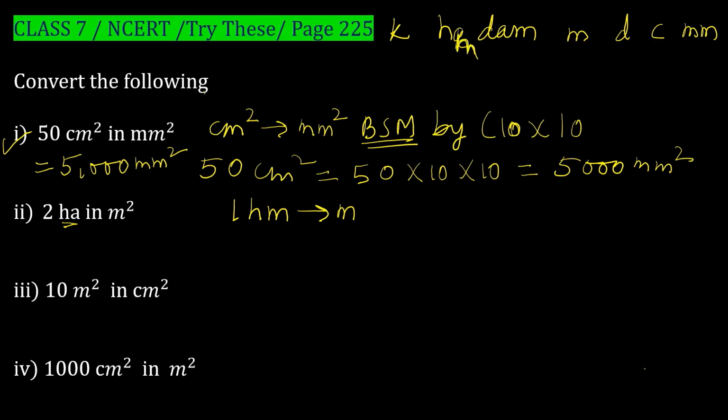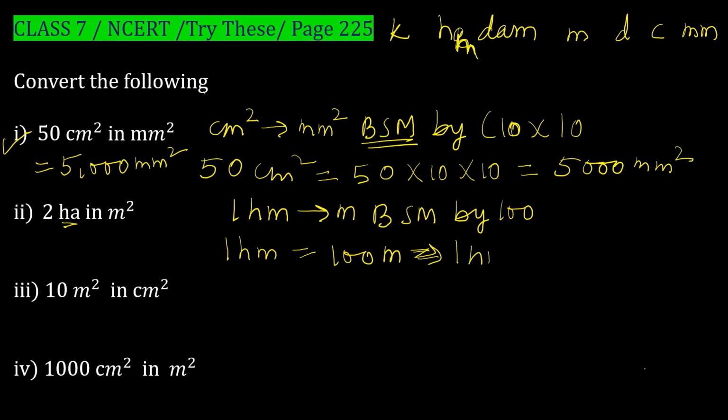See, hectometer to meter. Suppose you have to convert from hectometer to meter. So hectometer is a bigger unit and meter is a smaller unit. So you have to convert big to small. So you will multiply. Now by which number you will multiply? You can see hectometer to decameter, decameter to meter. 2 jumps. So 2 zeros. So you will multiply by 100. So if you have to convert 1 hectometer to meter, it will be 1 into 100.